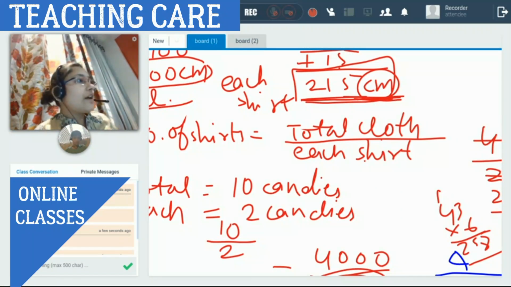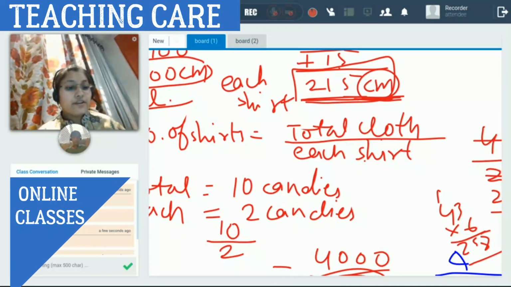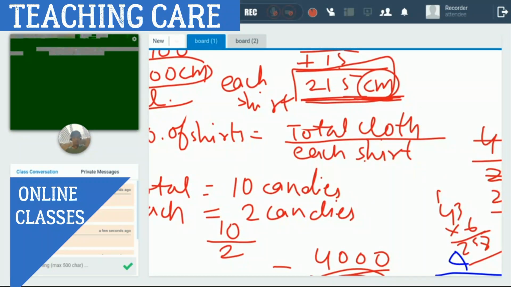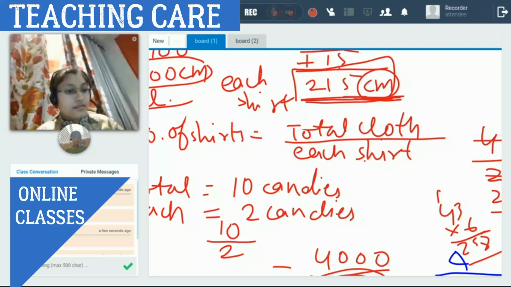Now you are having a lot of time with you. Today is Thursday. Your next class is on Monday. So till Monday you have to complete all these three exercises, exercise 1, 2 and 3. If you find any doubt in the chapter, send it to me. All the three exercises are there in the PDF file I have already sent to you.